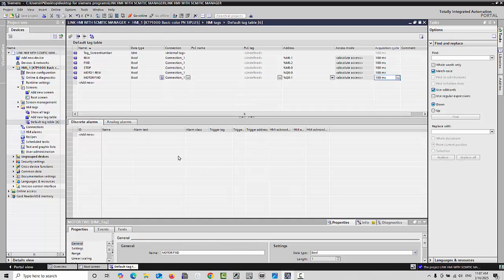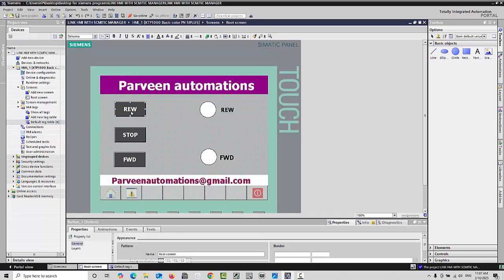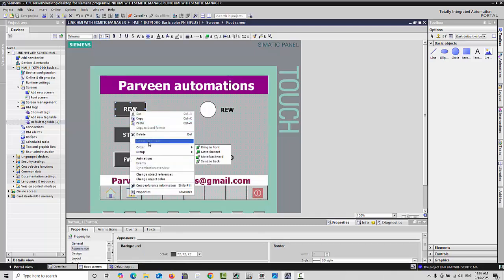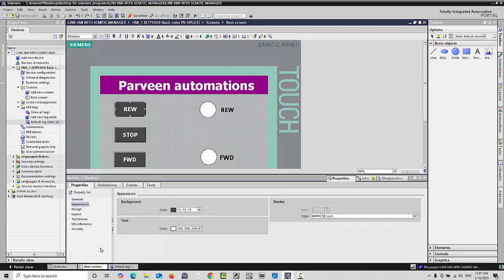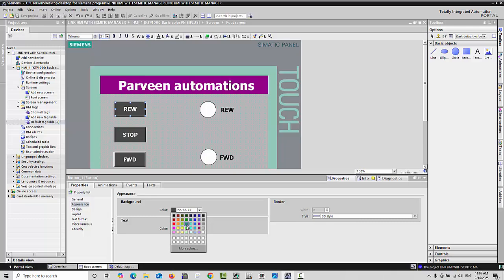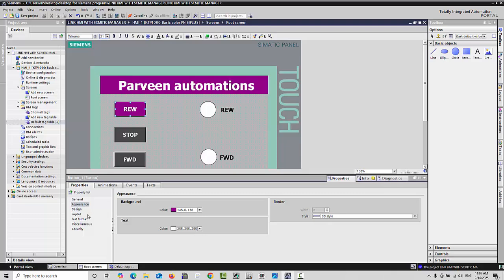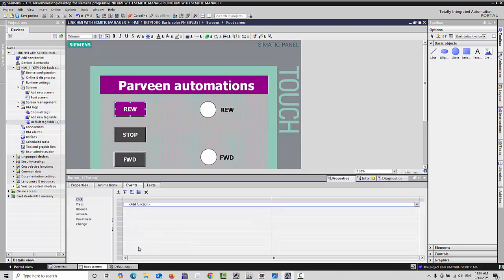And save this project and go to the root screen. And here we will now define the tags. Go to the properties and we will make it big. This first one is reverse. Which color you want for this button depends on you. For example, we take this color, change, and go to the events and here add function